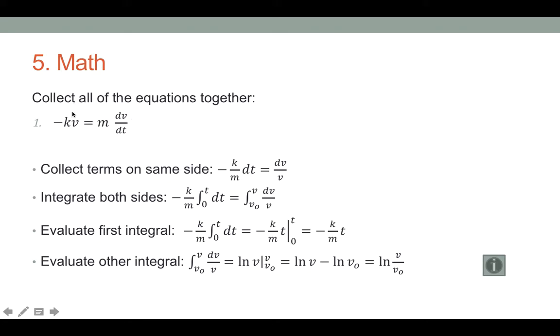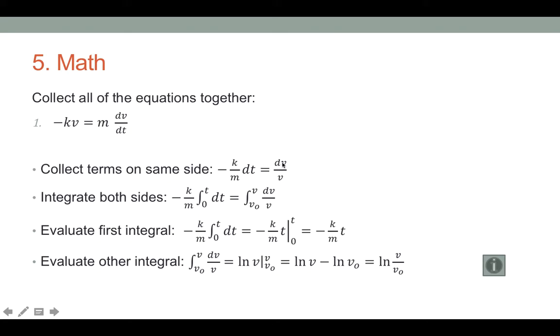We're going to put everything else on the other side. So effectively, on one side of the equation, we put the constants, minus k over m, and the differential of time, dt, and we're going to bring the velocity over to the other side of the equation, so we have dv over v. We're going to solve this by just integrating both sides of the equation, because what we have